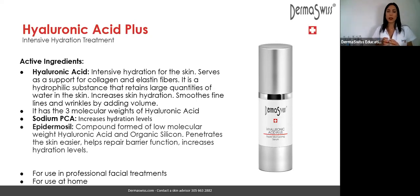Another wonderful thing that this serum has is the epidermosil. Epidermosil is a molecule that has the core of organic silica, silicium, and that is a very firming active, because the silica is going to stimulate the production of collagen. We all know in aesthetic fields that sometimes the silica or the organic silicium is used